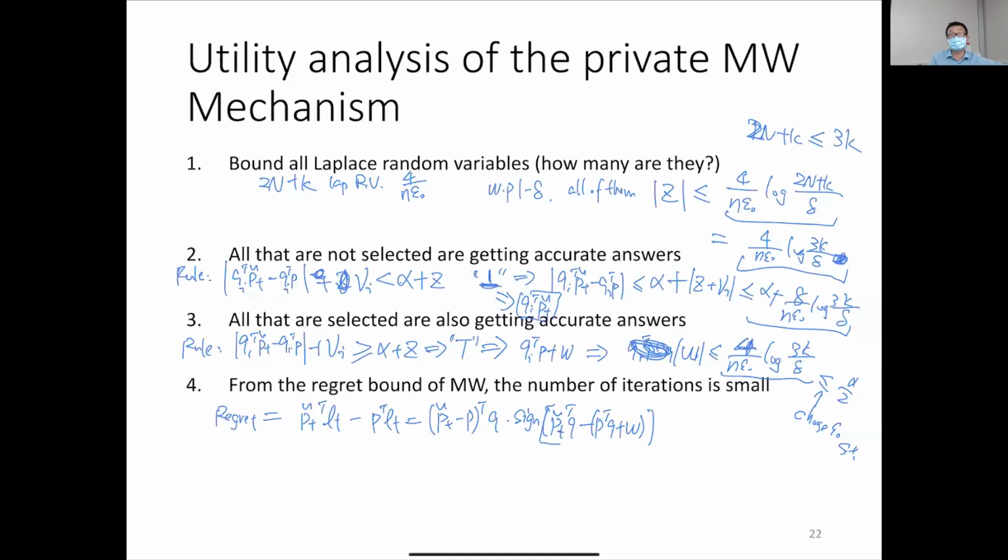And this W is a Laplace noise that we add,